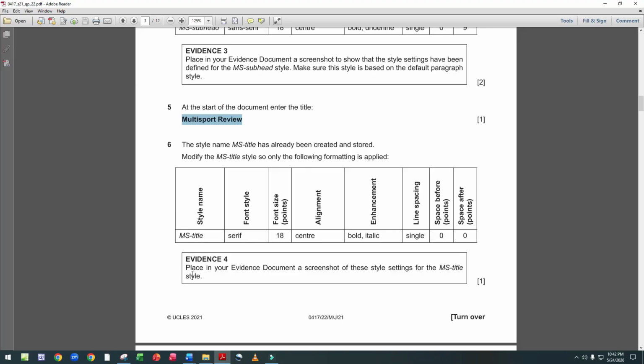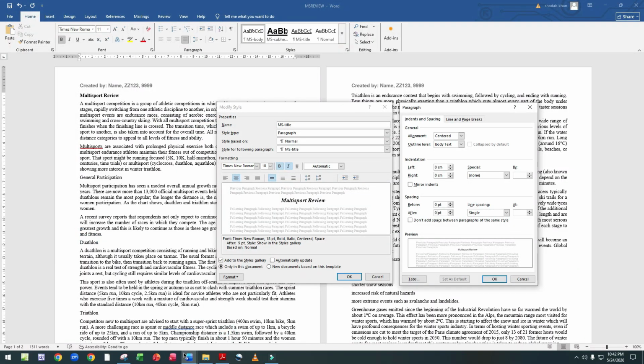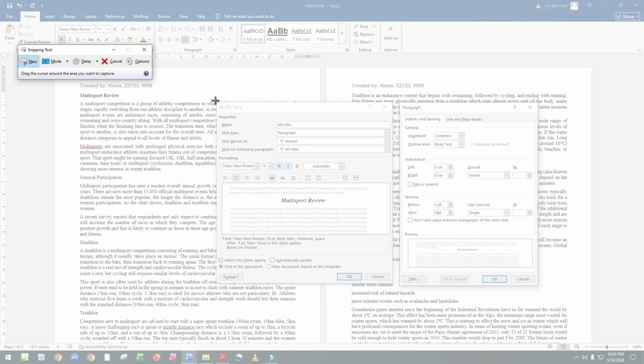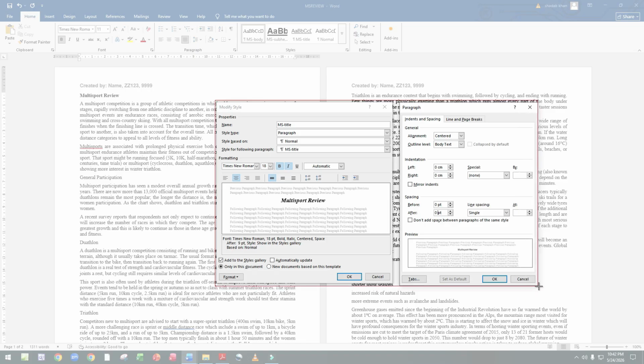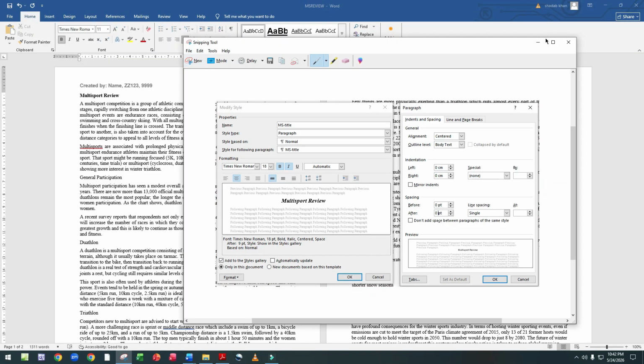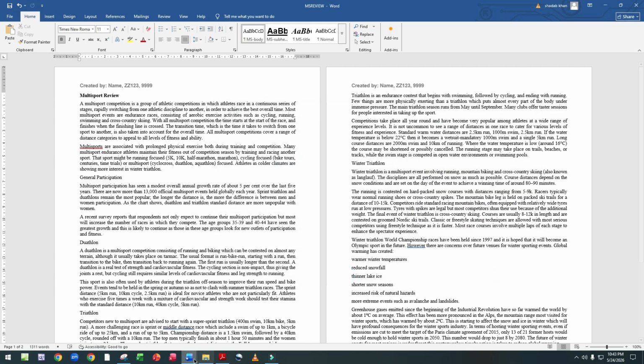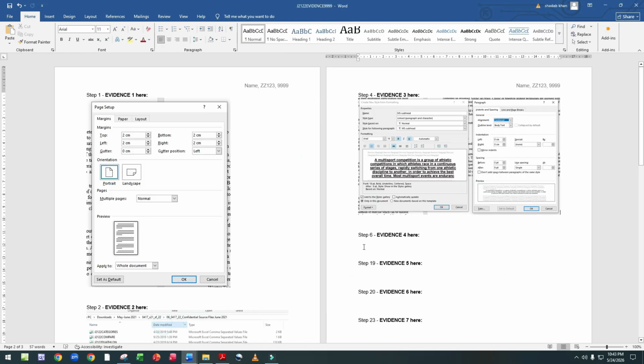Step 4 evidence. Place in your evidence document a screenshot of these style settings for the MS title style. Now we take a screenshot to show this as evidence number 4. Give OK. Give OK. Open the evidence file. This is our step 6 evidence and evidence 4.